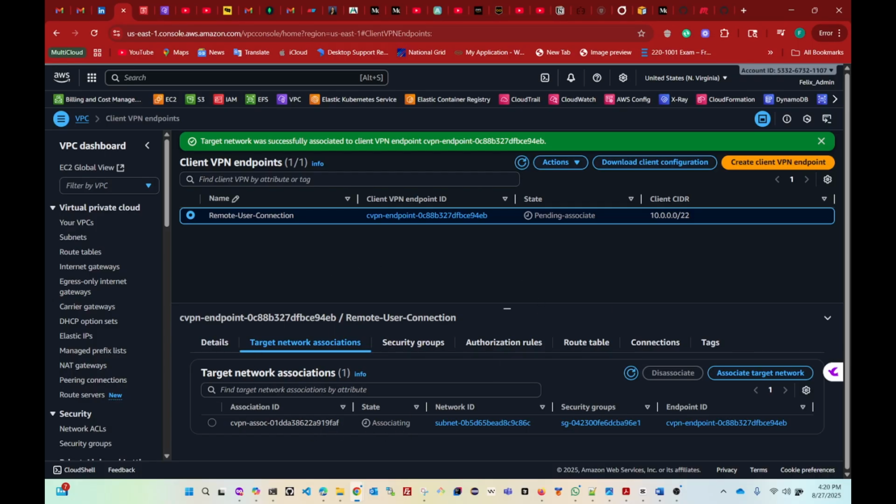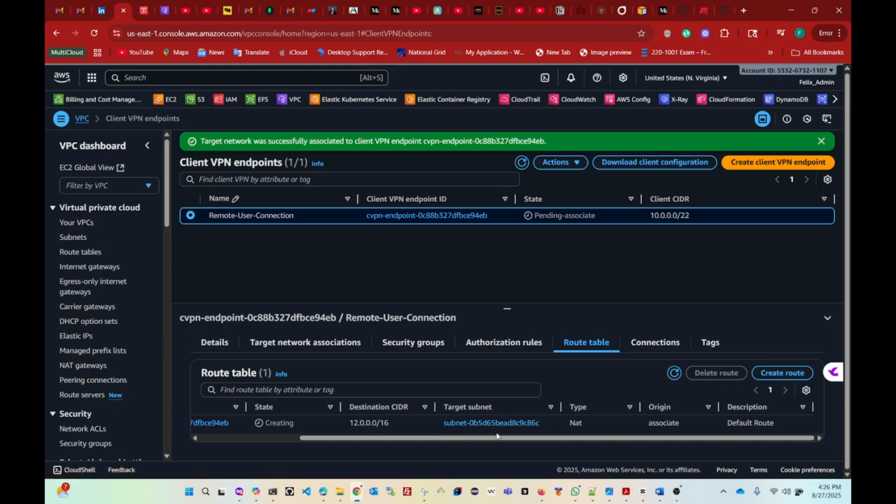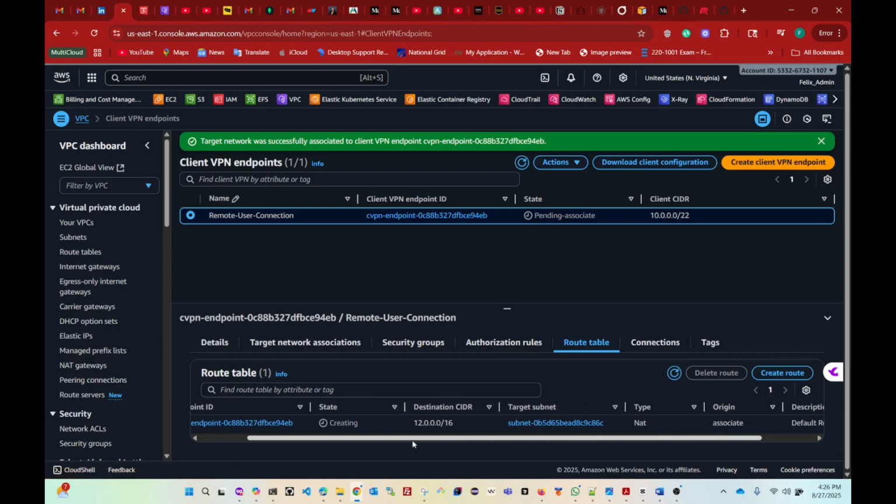So the next thing now is to go and check the authorization rule. Now, before we look at the authorization rule, which is this, let us go into the target network association. You can see that it's been created now here, and it shows that this target network is being associated with this subnet. And if you look at the route table, that's a route that's been created. So if I click on this route table,